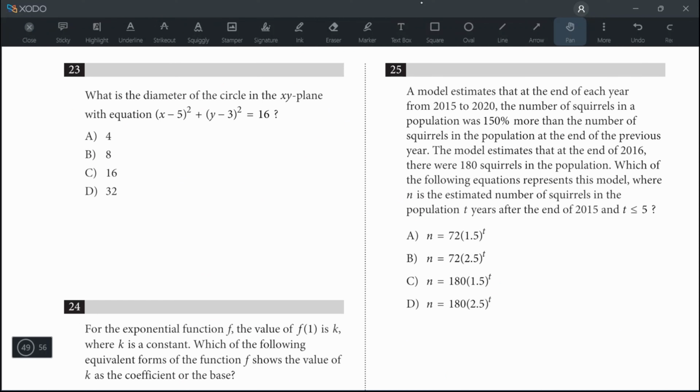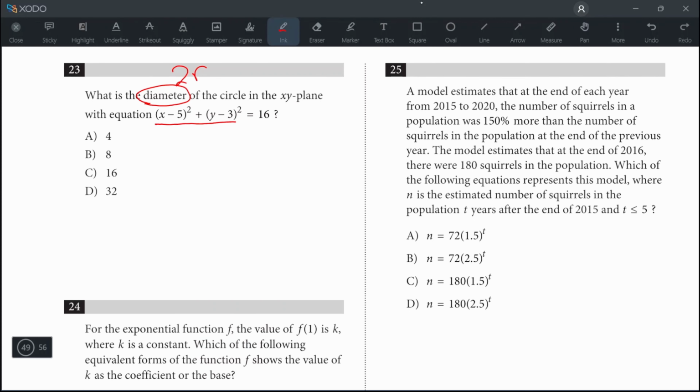Now what about question number 23? What is the diameter of the circle in the xy plane with the equation x minus 5 to the power of 2 plus y minus 3 to the power of 2 is equal to 16? The diameter of the circle is equal to twice the radius of that circle. And you should know that